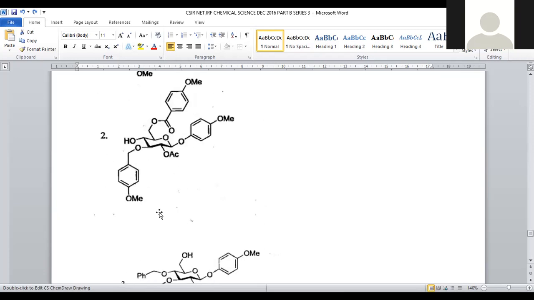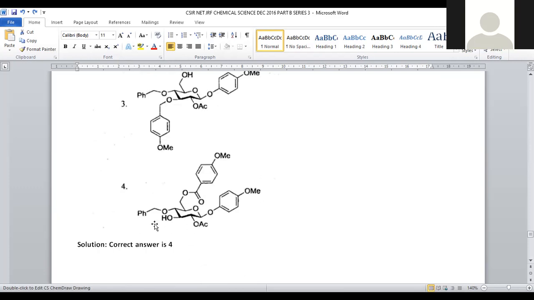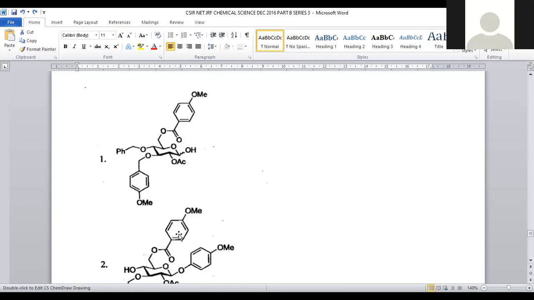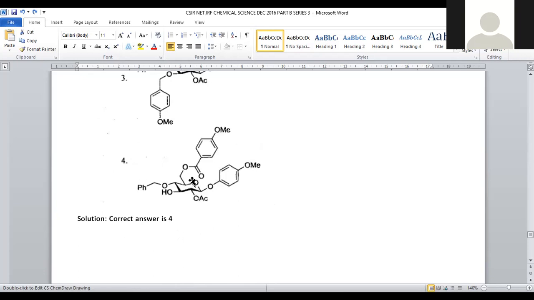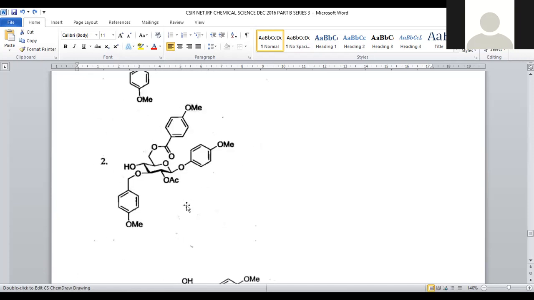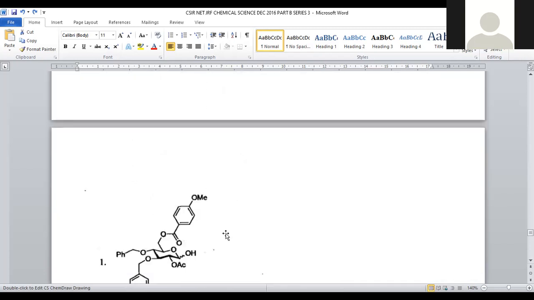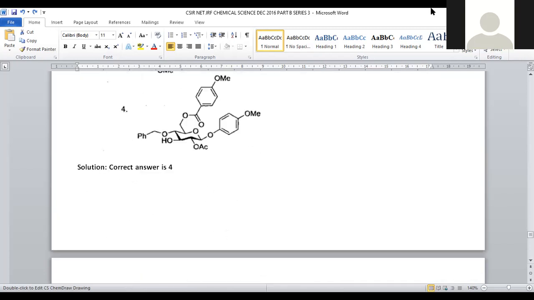Benzyl is there at the first, also in the second, and the third is also there. In the fourth one, that turned into OH. So that's the reason why for question number 120, option number 4 is the correct answer. The remaining groups will not be affected. Only this benzyl group will be deprotected in the presence of DDQ. DDQ has multiple applications; among all those, the major application is deprotection of hydroxy functional groups. So here we have an alkyl group on the oxygen. Being a better leaving group, this will be preferentially deprotected in the presence of one equivalent of DDQ, right? For question number 120, option number 4 is the correct answer.